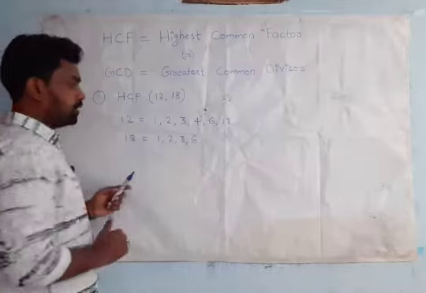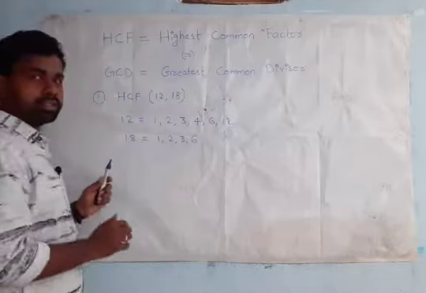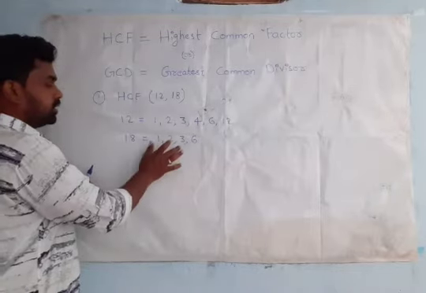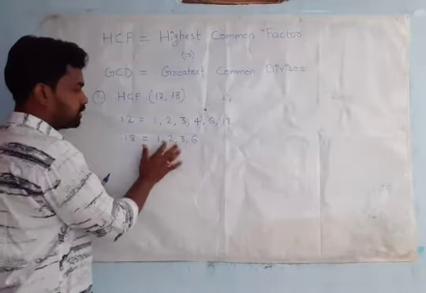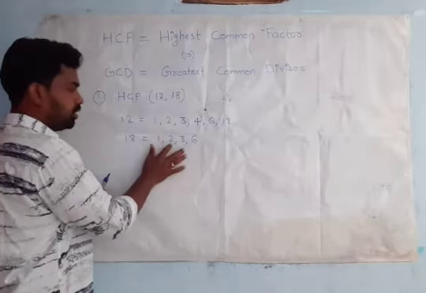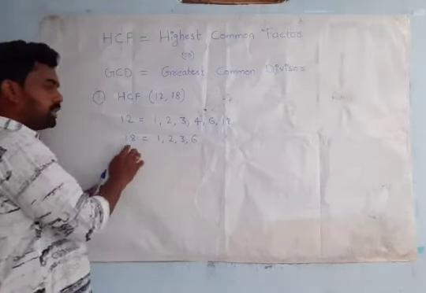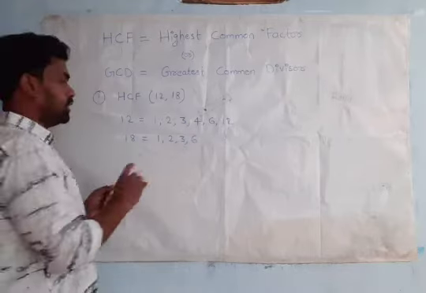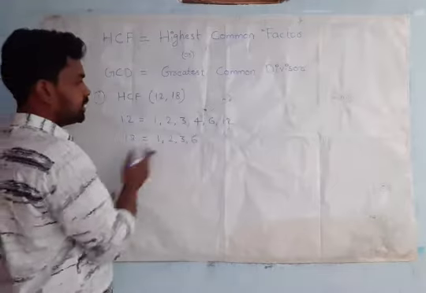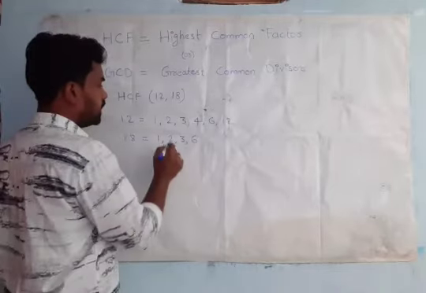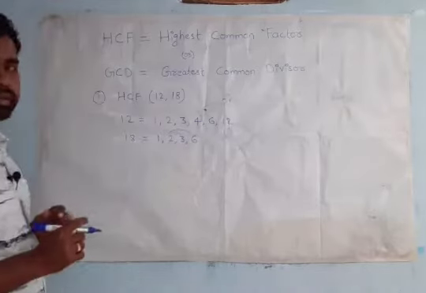Now see, once again I am recalling those concepts. After stopping here, we have to check like this. We have to multiply the number by itself only. After this one, the next number is 2. We have to multiply 2 with 2 itself. 2 2s are 4. In the 4 table, is 18 there? We have to check. Not there. So you go for the other number. 2 3s are 6. 6 is already there in the list, so you leave it. Next, 2 6s are how much? 12.